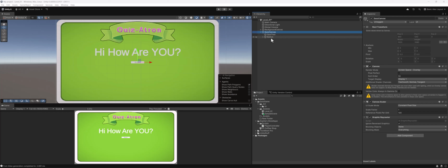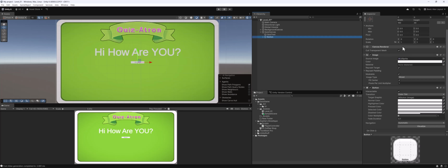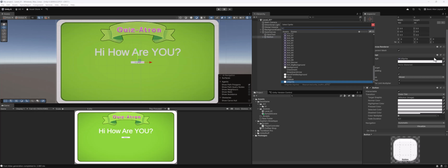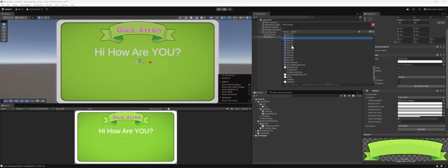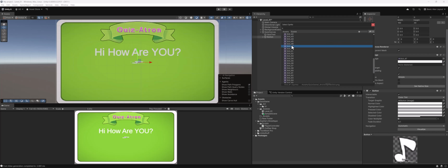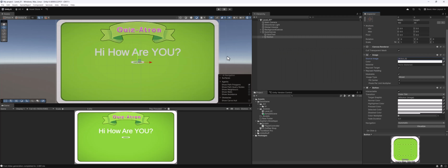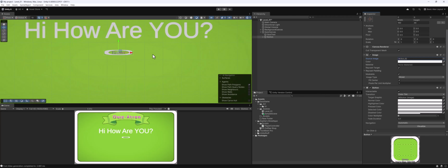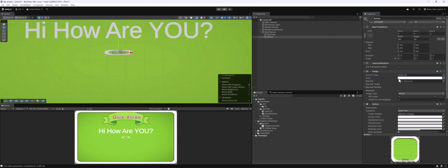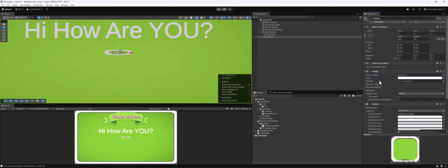All right, so let's take a quick look at how a button is set up. So when you click on button here, you have your renderer for your canvas, the image of your button. So let's say we wanted one of these other images to appear as our button. I'm just going to click through really quick. And you could see here actually when they have these lines here, this is actually a sliced image. So if I select this, you can see I can click on that. And, with that source image, it's a little bit awkward,